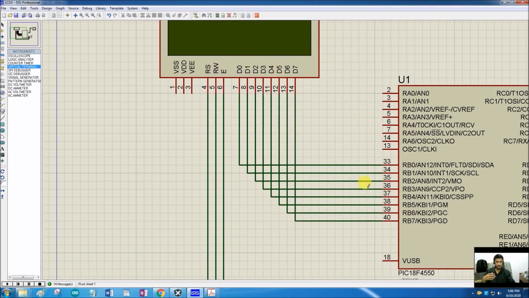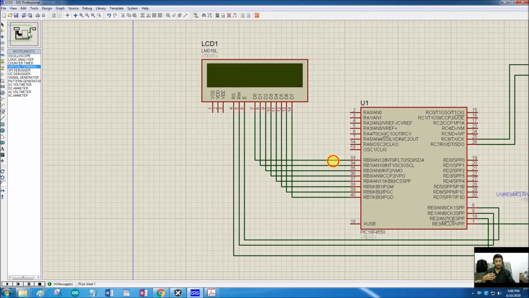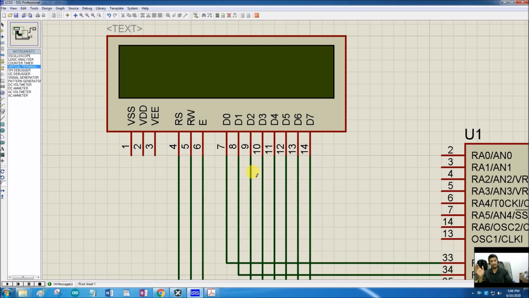So what all we have to do essentially is we have connected these 8 data pins to port B, and we have connected the RS, RW, enable pins to port E 0, 1, 2. All we have to do is we will send some value on this port B. We will set the status of these bits, and then we are going to send a pulse, a transition on this enable pin, and that command will be executed or that data will be displayed.